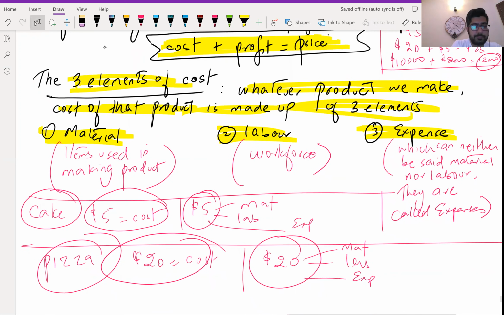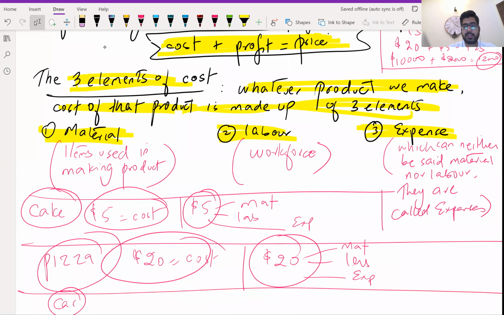Let's go at a big level. Car. Toyota company was making a car. Okay. Let's suppose when they make a car, obviously the car won't be made for free. It will cost some money, right? Let's suppose the car was made for $10,000. So when the car was made for $10,000, this was the expenditure incurred in making a car, that's cost. So this $10,000 was the cost.